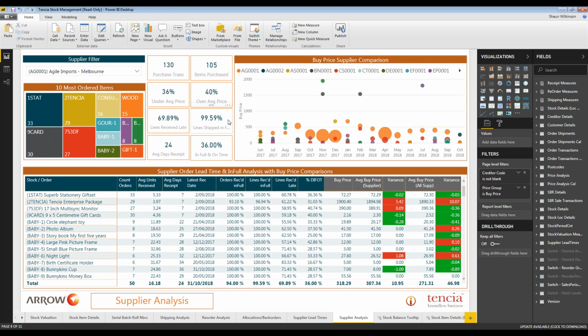We get an analysis of their lines. They've shipped all in the line that we saw before, where their delivered in full on time was at 36%, average days receipts 24. We can see what items we buy off them most regularly as well. But this is really doing analysis not only on how that supplier performs on this particular item, which is what we saw on the other page, but